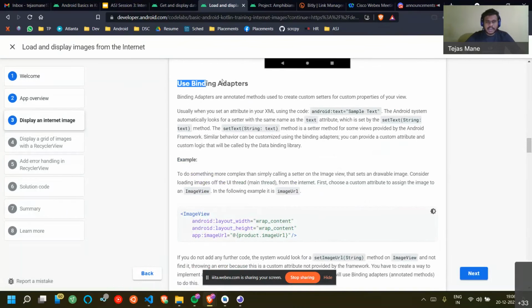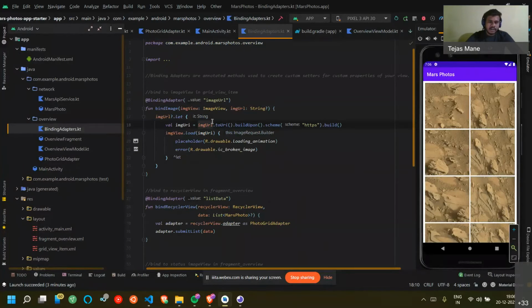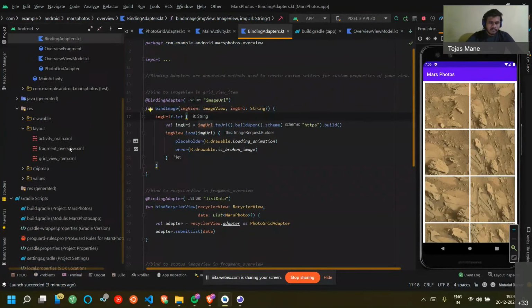So using the binding adapters. You can see here the binding adapters file. This binding adapter will basically bind this property, image URL, with this function. So if we see where the image URL is,